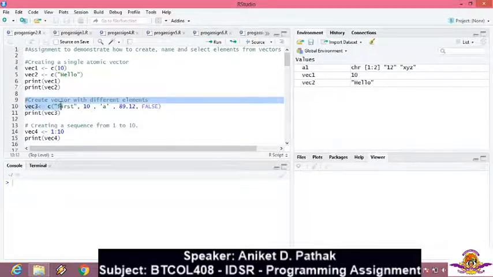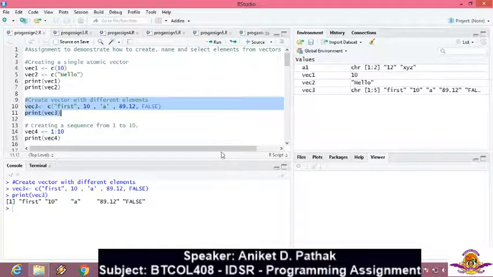That is the demonstration of the next part, creating a vector with different elements. If you observe, the first element in the vector is a string type, the second one is a numeric constant, the third one is a character, the fourth one is a floating value, and the fifth one is a logical value. When I print this vector, let's see the execution.